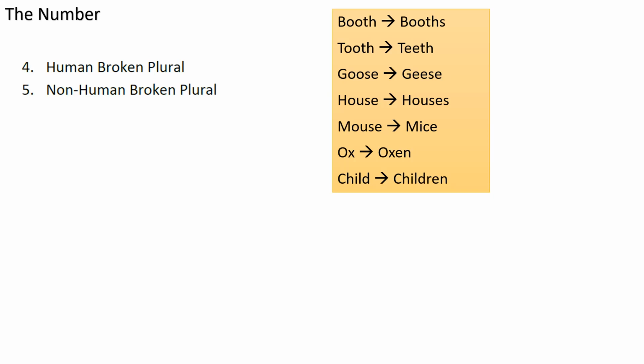Now we're going to see what happens with the broken plurals when it becomes plural in Arabic. As I said, I'm going to show you some examples of broken plural, but there are many, and there's no rule for that, and I don't have a chart for that because there are too many of them. Sometimes a word could have a broken plural and also a normal una ina plural. It can have both. There are words like that in Arabic.